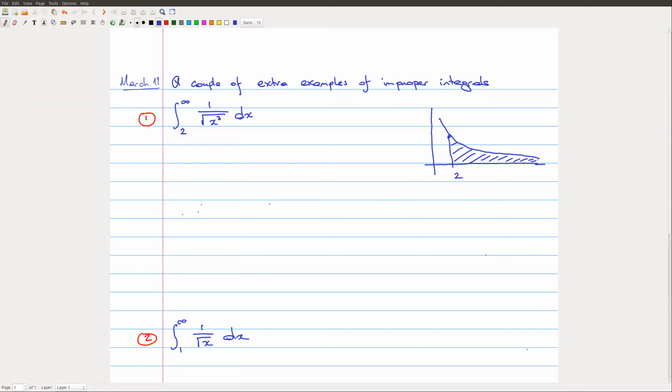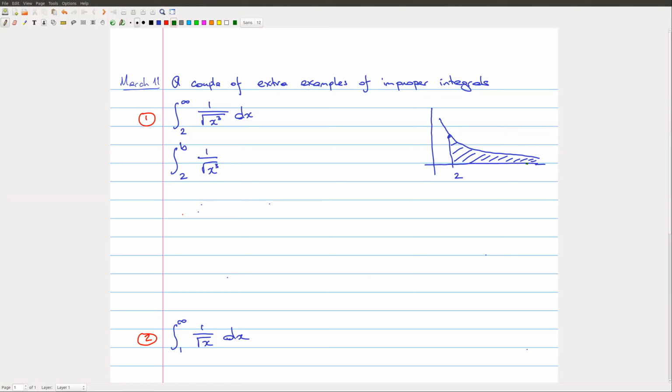It encloses an infinite area. And we know that the improper integral for 1 over x squared is convergent. It encloses a finite area, and this is somewhere in between those. So we can't really predict at this point whether it'll be finite or not. So the strategy for dealing with problems like this is, instead of considering the integral from 2 to infinity at the first step, take an integral from 2 to b, where we imagine b to be some